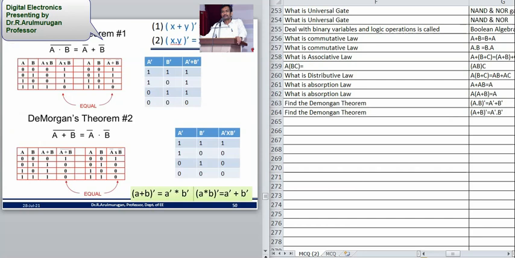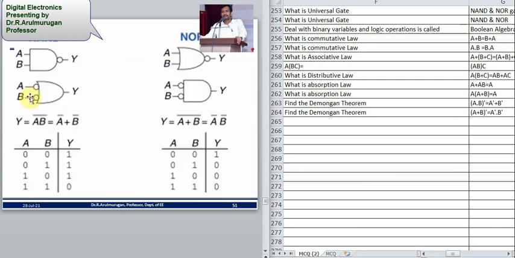Okay, so this is about the De Morgan theorems. Actually, you can look at the universal gate. This is a NAND gate, and this is a universal gate, used to develop other gates. This is a NOR gate, a ready-made NOR gate. This is also a universal gate used to develop others. Okay, that's all, these are the combinations.